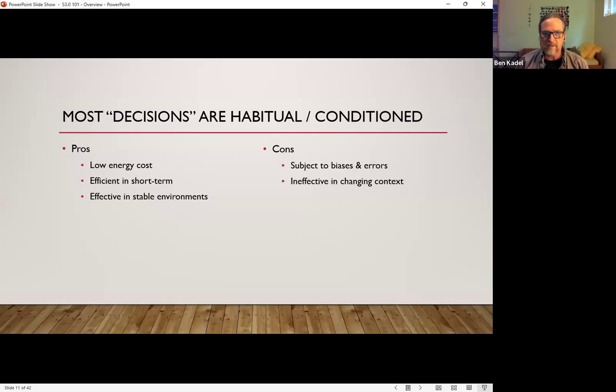Most importantly, in the situation that we all find ourselves in globally, this is a really bad way of working when you are in changing environments, when the decisions that used to make sense in the past no longer apply in the same situation. Bottom line is, if you always do what you've always done, you're always going to get what you got. And I don't know about you, but I don't want to get more of what we got. So we're trying to find ways of avoiding those pitfalls of the business as usual world,